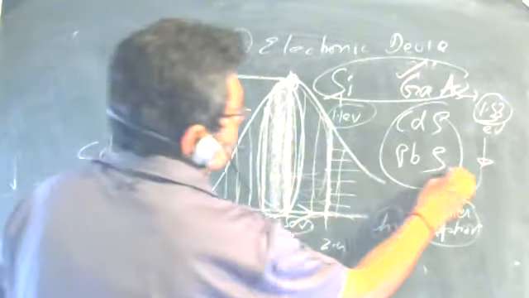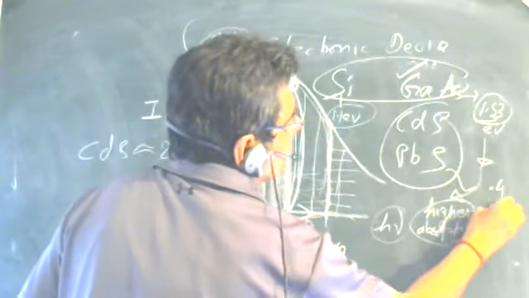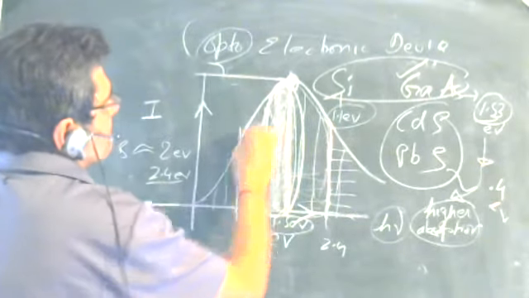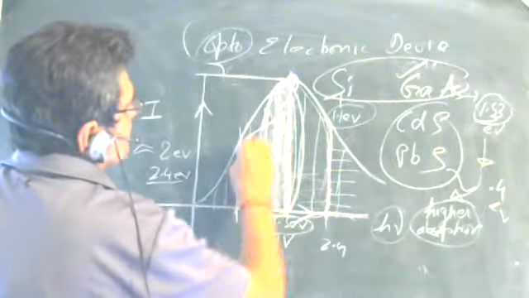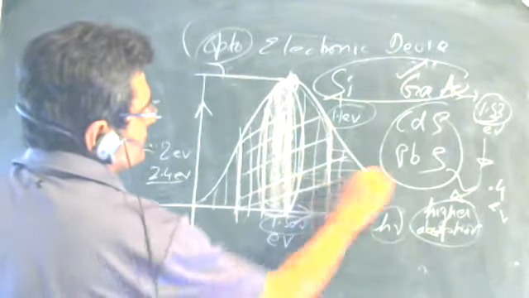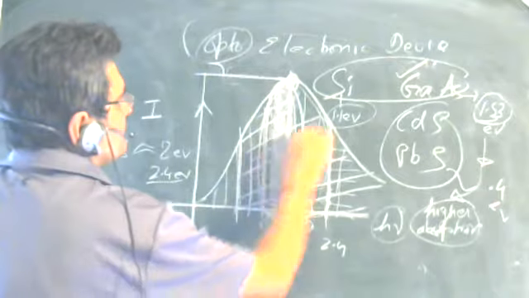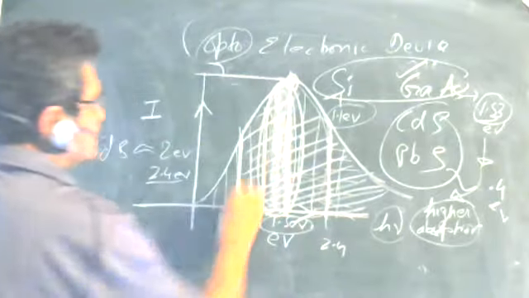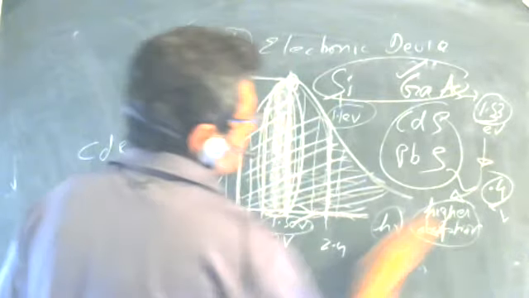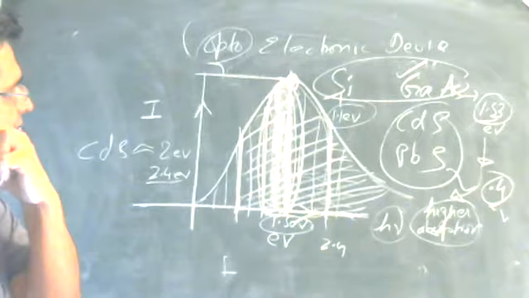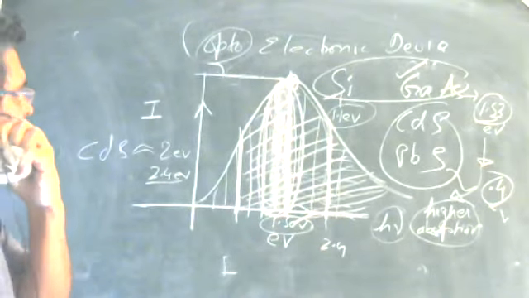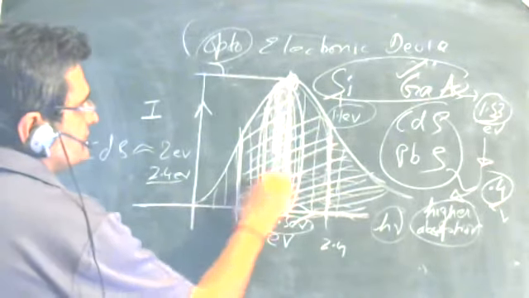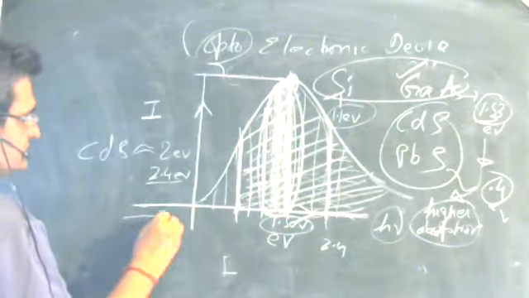Now PbS has an energy gap of 0.4. So one may say, why don't we use this so that we are able to utilize a much larger region? All this region having more than 0.4 electron volt, we will be able to utilize the entire radiation spectrum and have more efficiency. But the problem here is that with low electron volt, most of the solar radiation is absorbed before the junction region. So a lot of solar radiation is lost in the region which is outside the junction region,